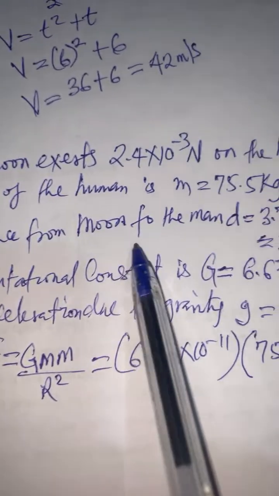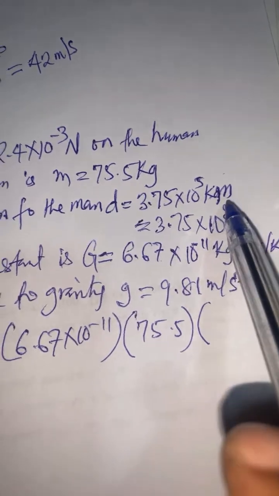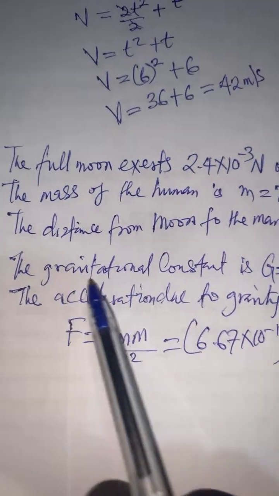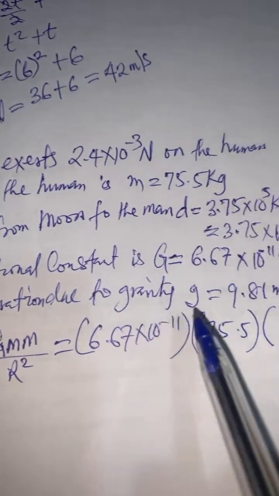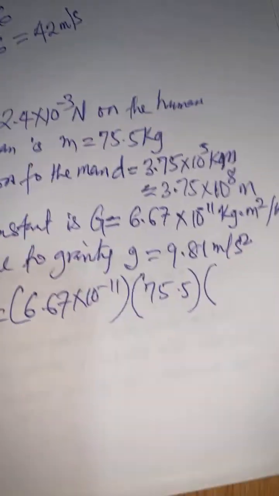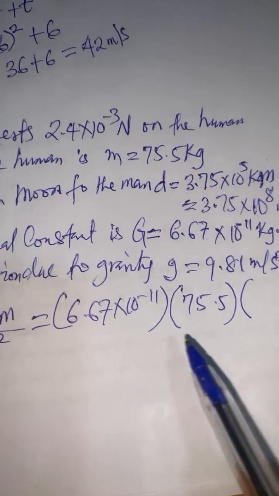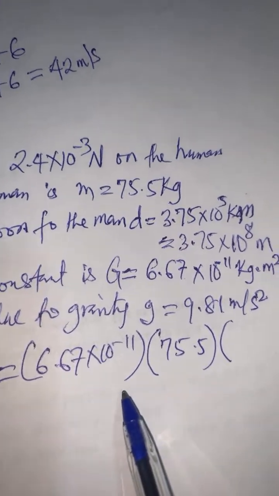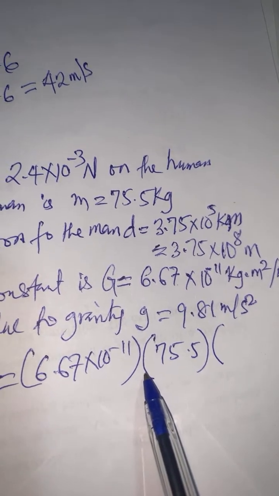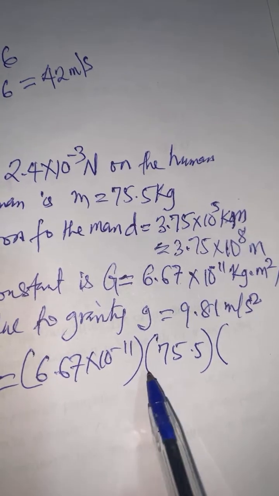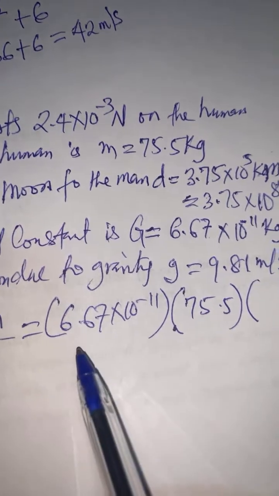The distance from the moon to the man is this one. And then we have the gravitational constant to be this, and the acceleration due to gravity. Okay, we have this to be the masses. The second mass is the mass of the moon, and we've not captured that particular one. And then you need that so that by the time you divide by,